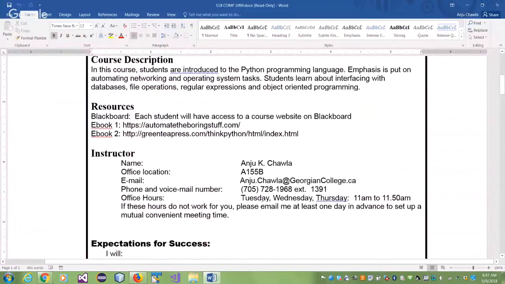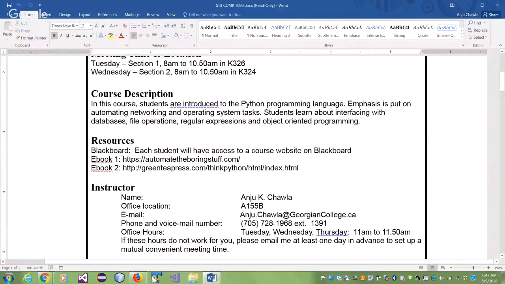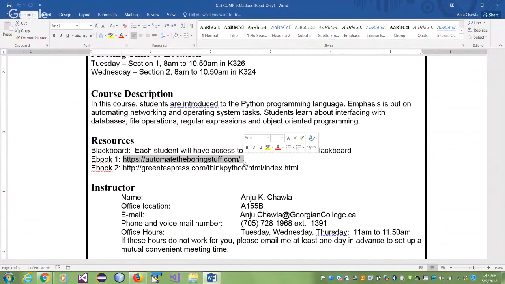So continuing with my syllabus, the resources, my main resource is this. I'm not going to read the chapters for you. You will read the chapter before you come to class, which would be a bonus. Whenever you want to read it, it's up to you. But I'll do the stuff in the chapter with you in class. So I'll demonstrate what the chapter says so that you can see it. Seeing is believing, right? Doing is practicing. And practicing is what makes you perfect.